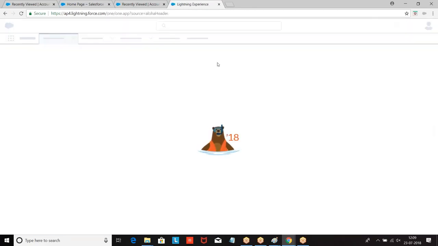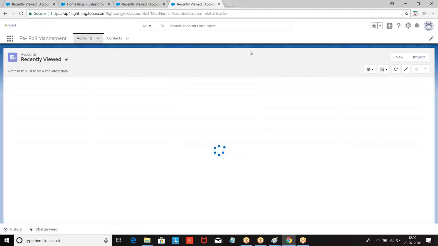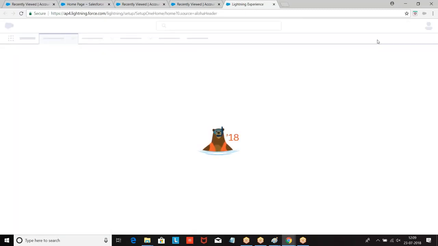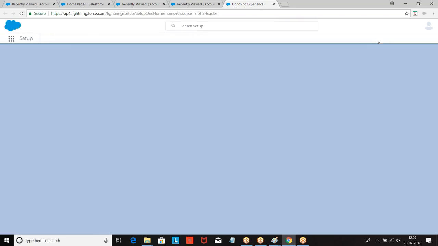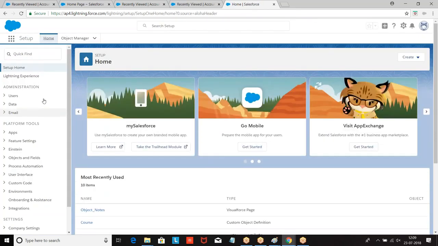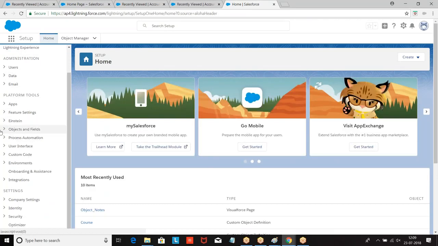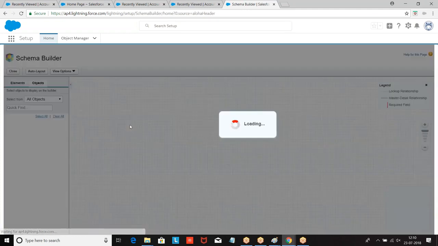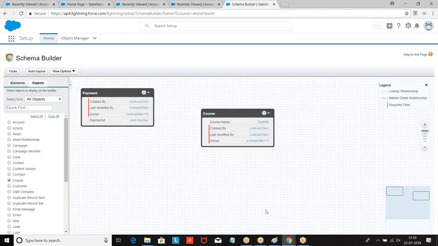If you want to create in Lightning: setup, then we have platform tools, objects and fields, schema builder. Then the process is the same. Only till we navigate there is the issue, but later on the process is the same.